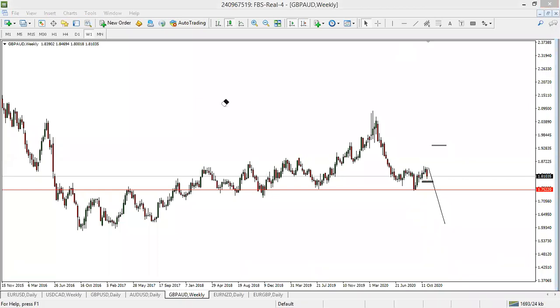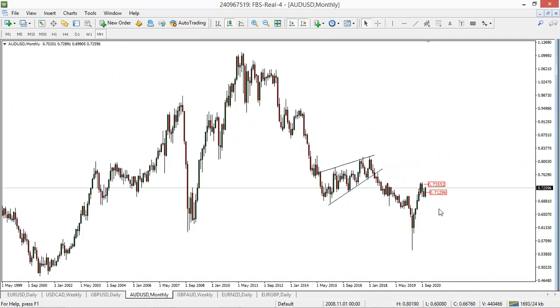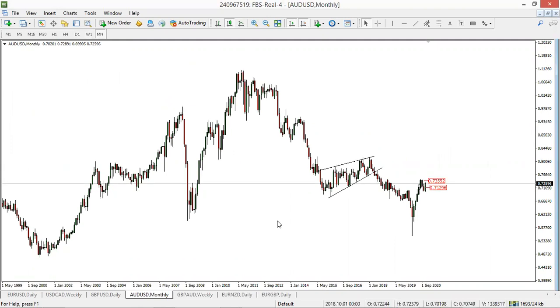So I'm pretty bullish on the pound. Let's go to the Aussie dollar. The Aussie dollar looks nice. Let's start from the monthly as usual. This is the monthly. Price is bouncing off